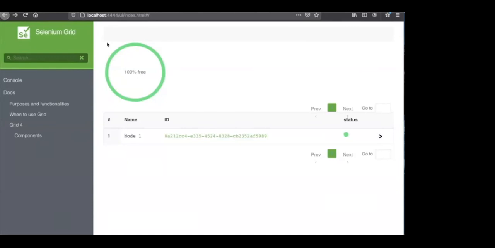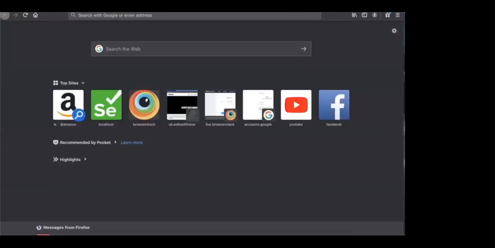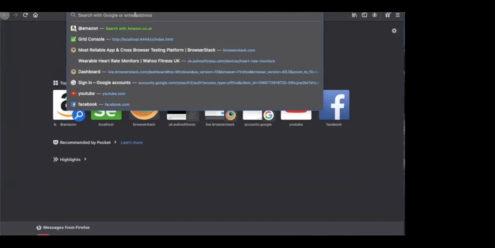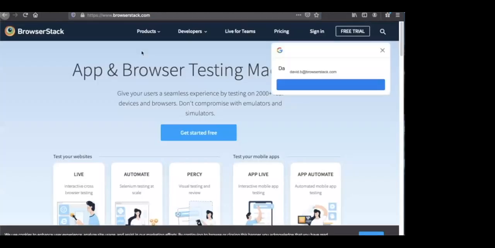I don't really see the point these days. But if I do need to use these different browsers, I can use BrowserStack's live product, and I use it quite extensively. So let me show you what that would look like. We'll just go load this up.